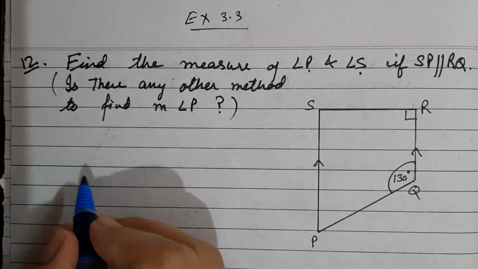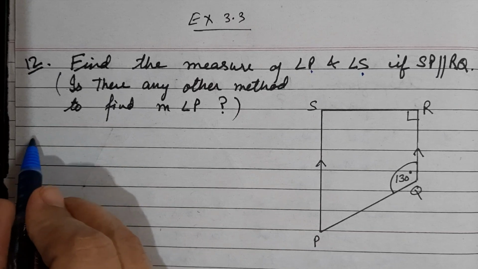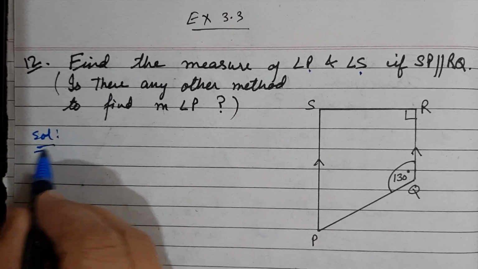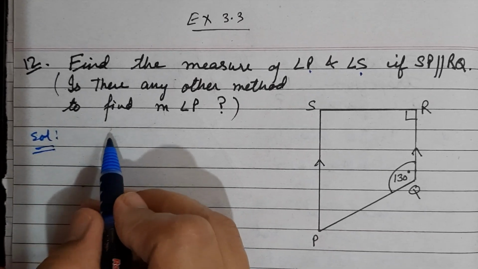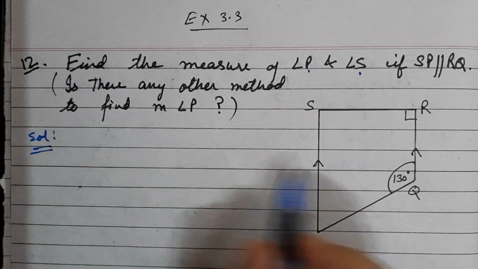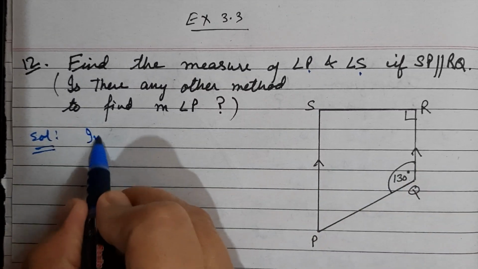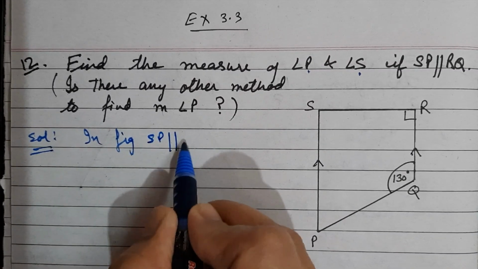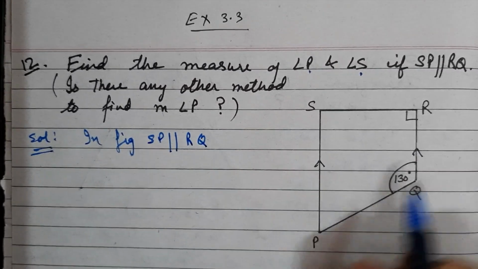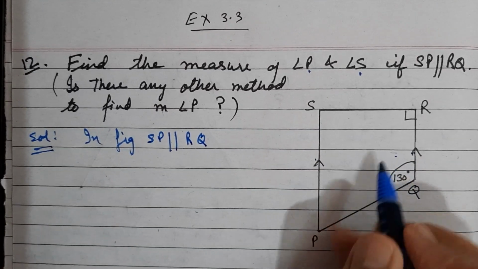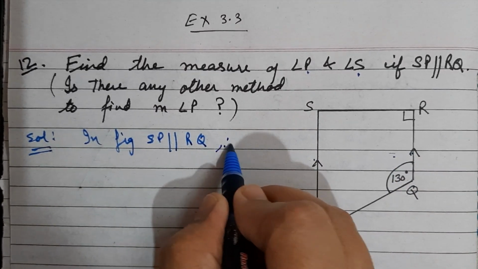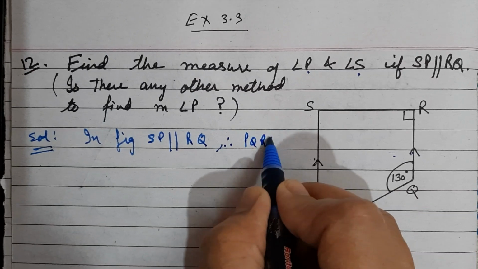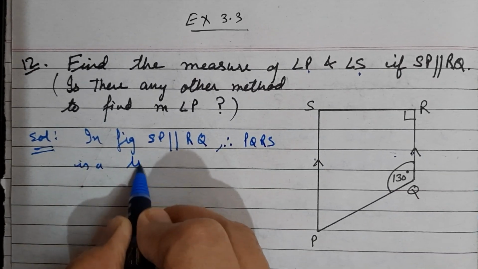Now, solution. So what is given in the figure? In figure, SP is parallel to RQ. So this pair of opposite side is parallel. Therefore, PQRS is a trapezium